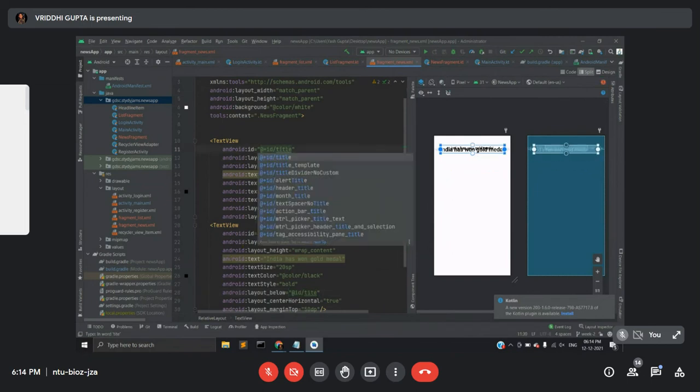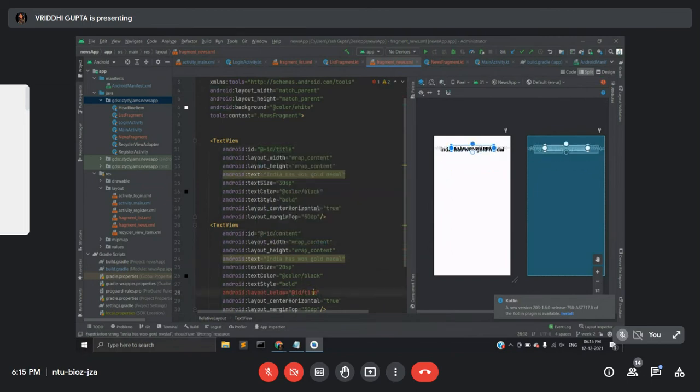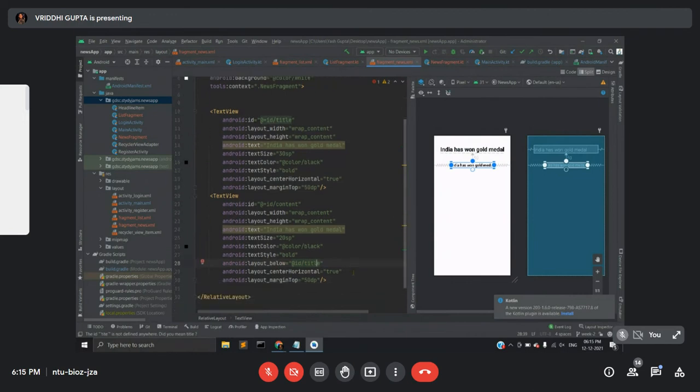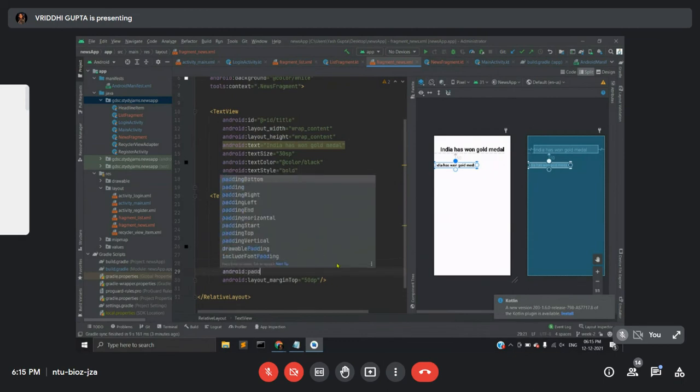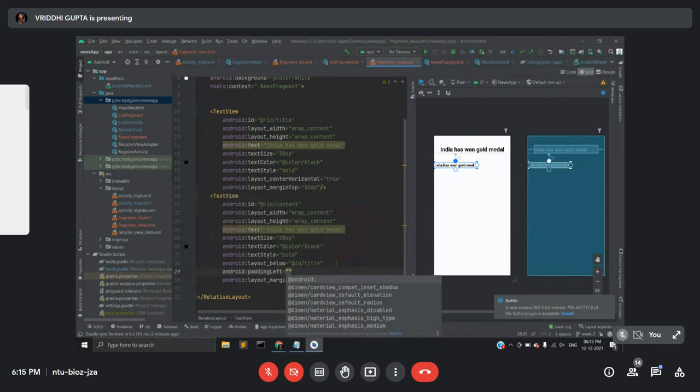It will bring that particular content below the title text view. In this way, we don't have to keep it horizontal.